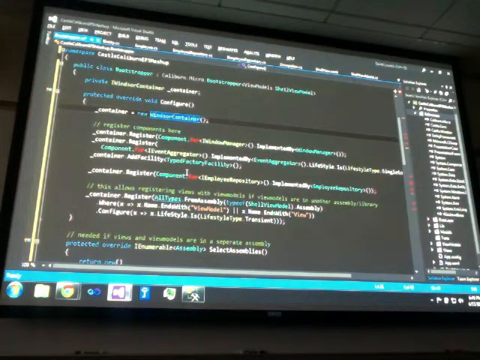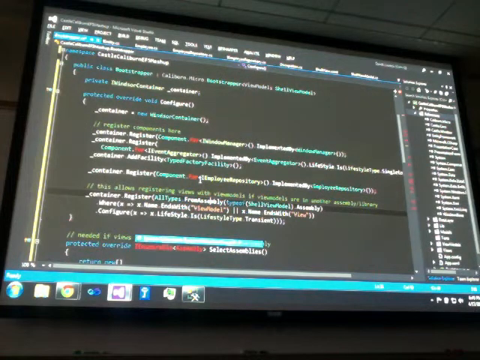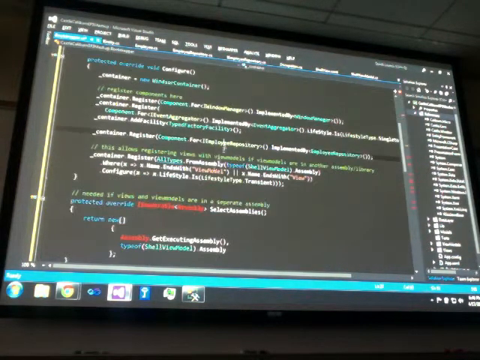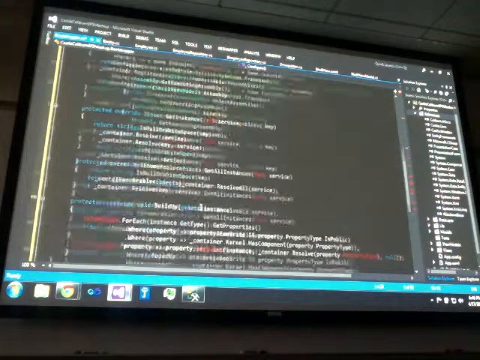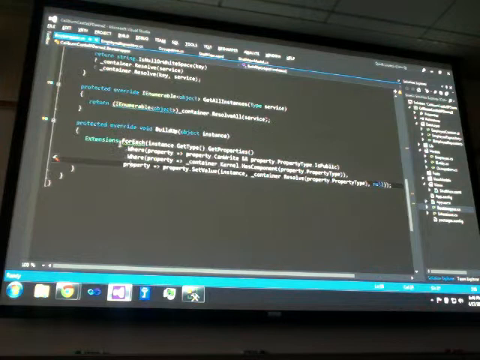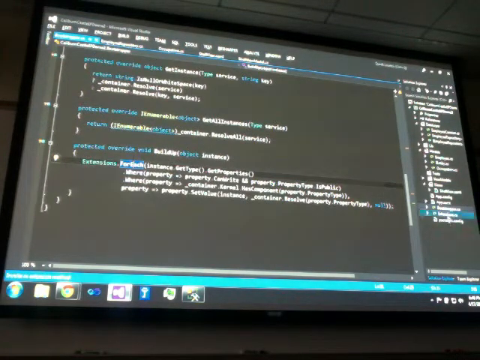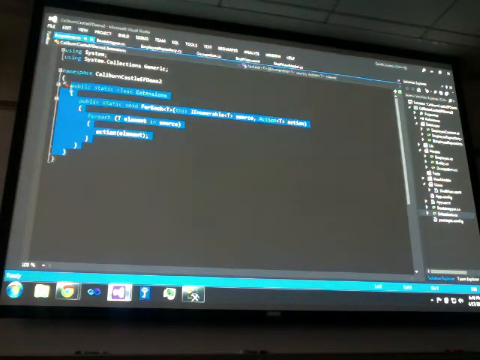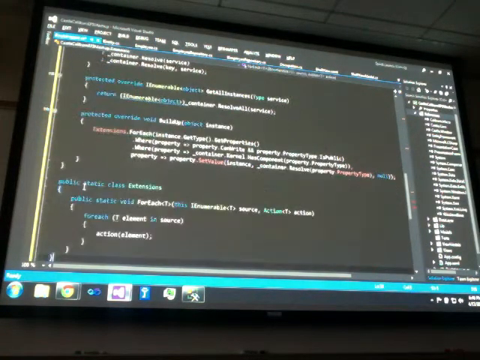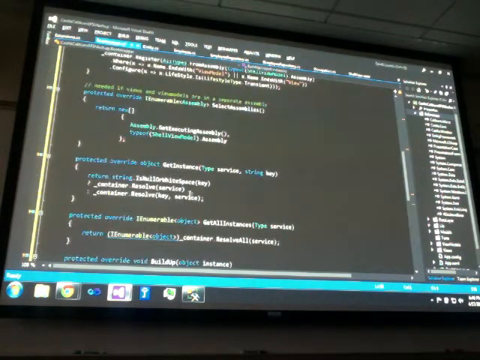The view model? No, the keyword component is bound. Type, there you go. And it needs this extension method. I don't know why I just uncoded it. Okay, so